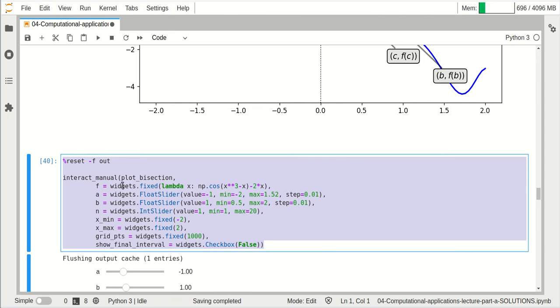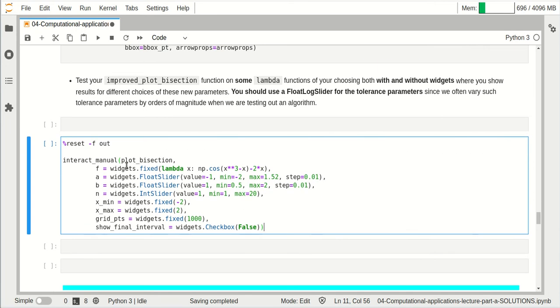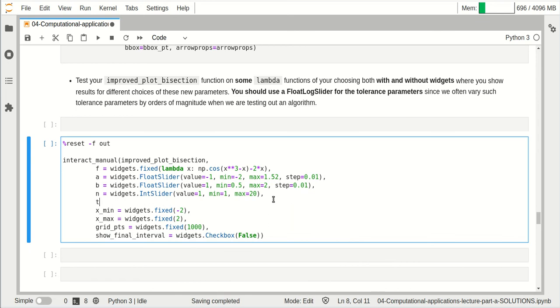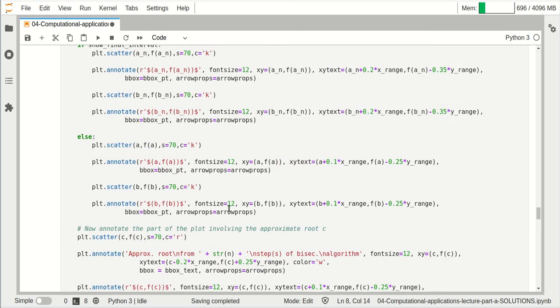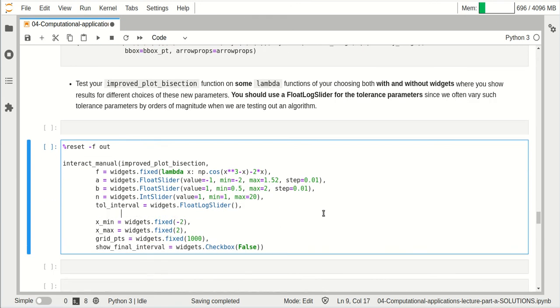I'll take this piece of code, copy and paste it here, and now it needs to be improved plot bisection. And I have f, a, b, and n, where I should put the tolerance parameters naturally is here. They're keyword, you don't have to, but I'll do the tolerance interval first, and then the parameter tolerance, the tolerance interval equals widgets.FloatLogSlider. All right. I'm just going to put placeholders in there first, and I'm going to show you if you forgot about what's going on with the float log slider,